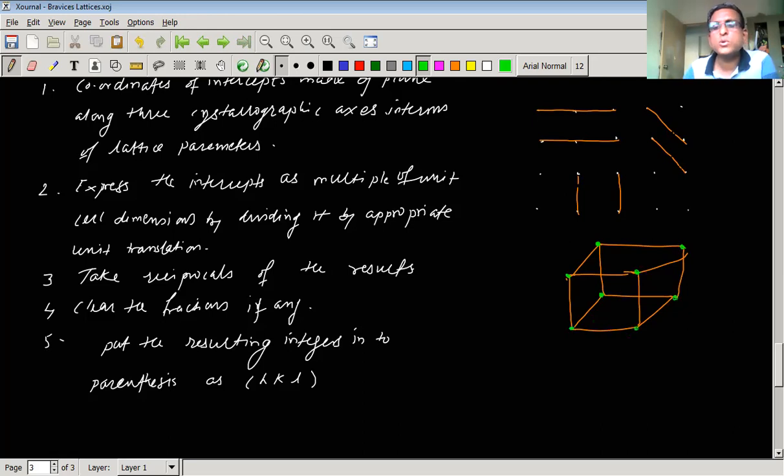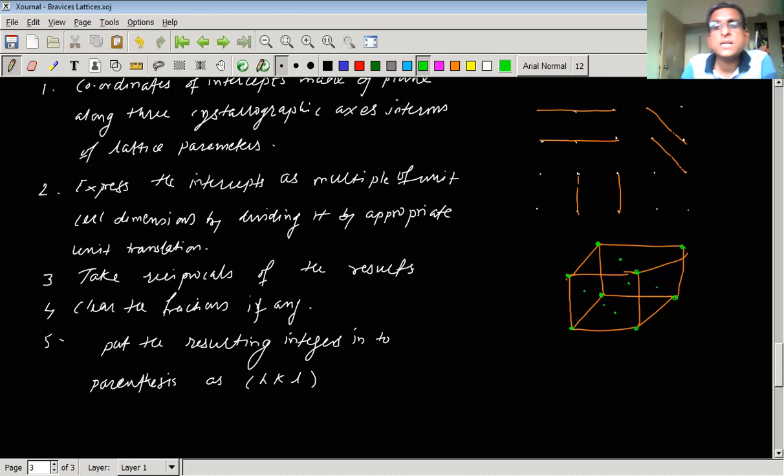So this will be what we call a simple cubic. If we consider body-centered cubic, then there will be one more lattice point at the center of the cube, isn't it? If we consider face-centered cubic, then there will be a lattice point at the center of each of the faces. There are 6 faces, so 6 lattice points, one on each face. So such a lattice we can consider.